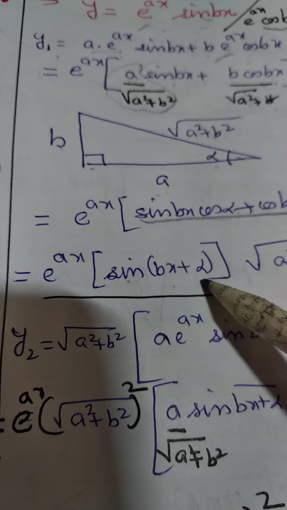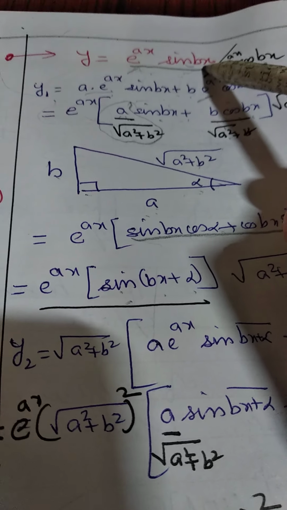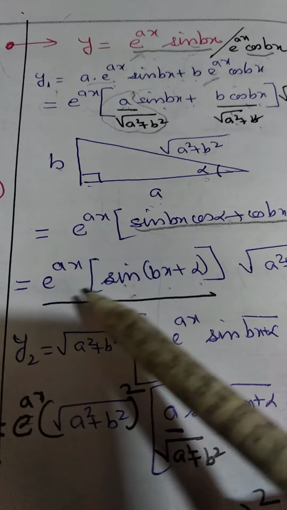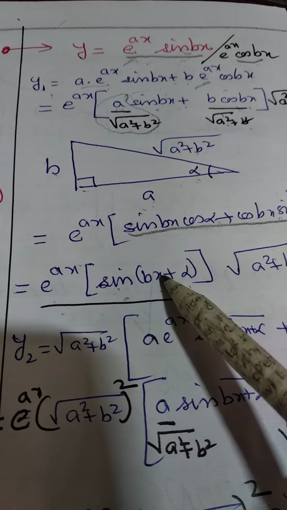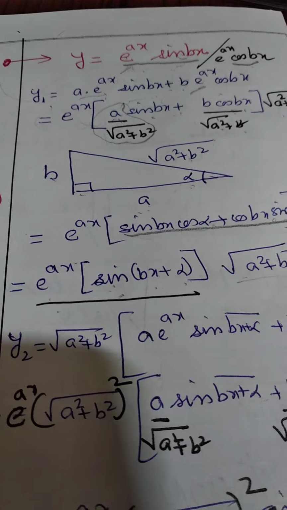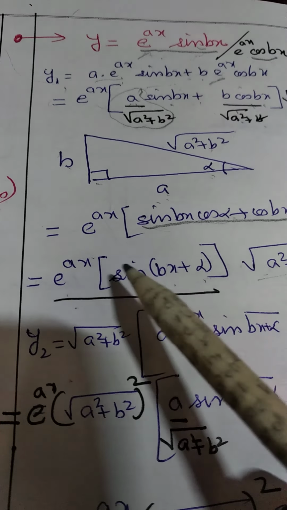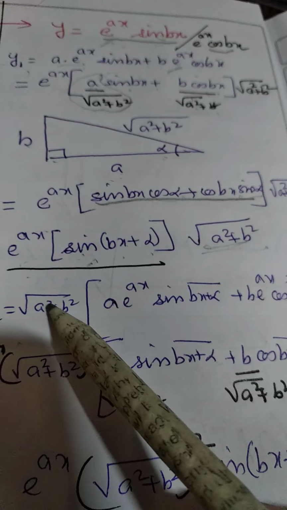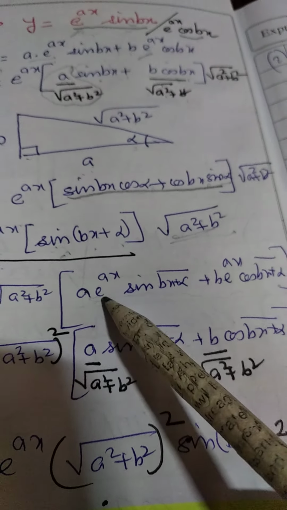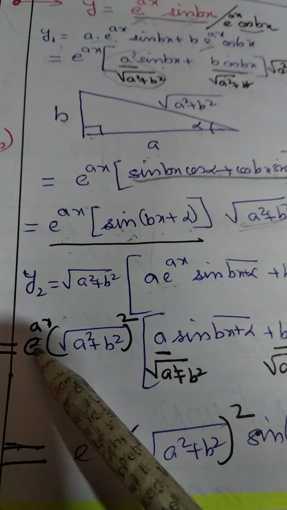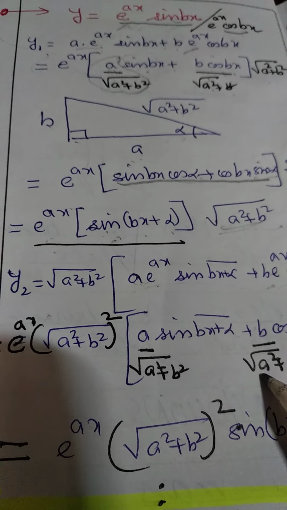So what we see is this expression is changed to the same format. It is the same expression that you have. So the first derivative is nothing but e to the index ax, the same expression, sin of bx plus alpha, multiplied by a constant. Now for the next derivative, once again see the pattern. This constant I have written separately. Again you find the same type of expression, the exponential expression common, and again the same repetition of the expression,